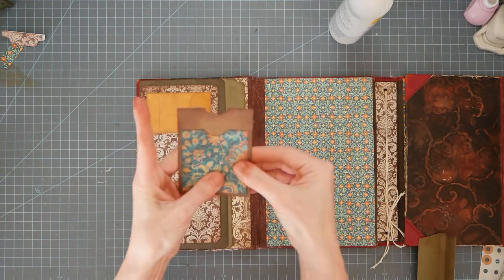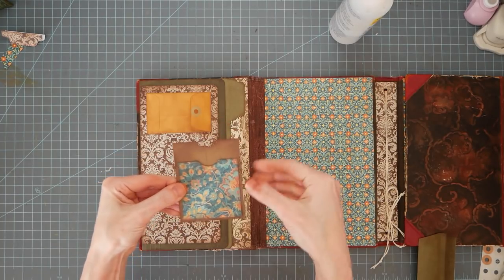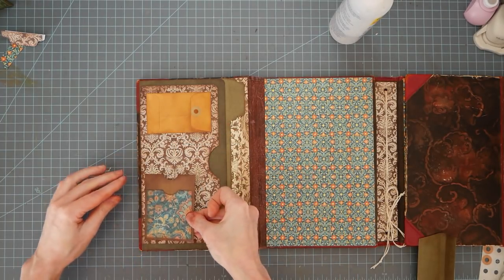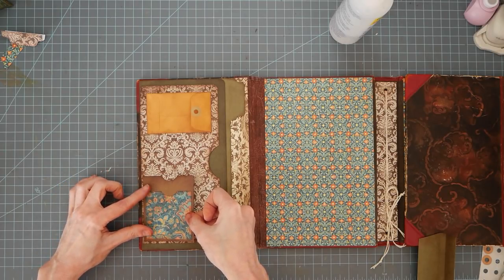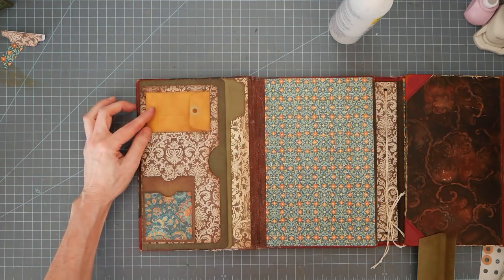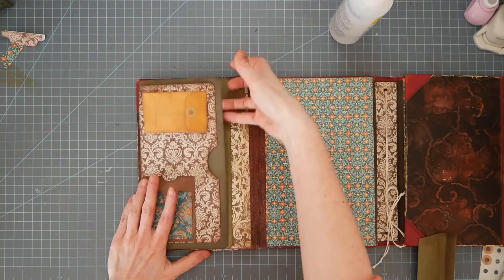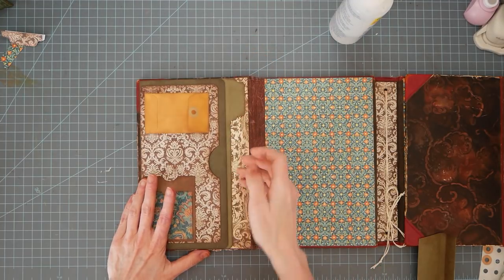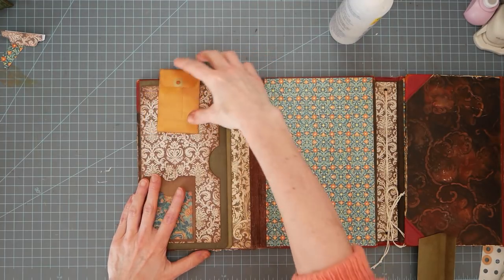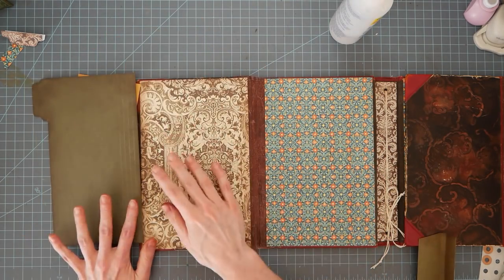All right. So then that'll be kind of like this. I'm going to sew these together, and then that will be on top of this, and this will go in this direction. And then this, of course, will be a file folder pocket. This will be a pocket. And then when it flips in this direction,